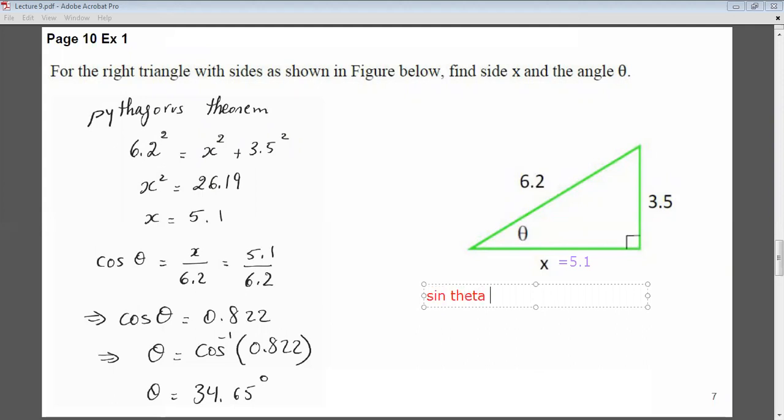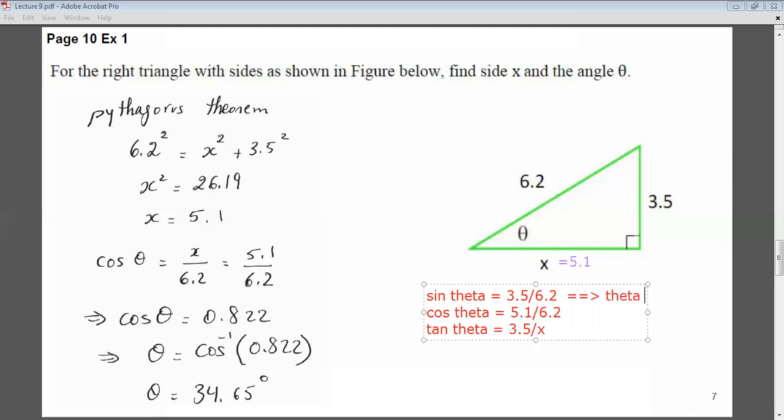Sine theta is equal to opposite, which is 3.5, over hypotenuse 6.2, or I can use cosine theta equal adjacent, which is 5.1 over 6.2, or I use tan theta equal opposite over adjacent, so 3.5 over X. Okay, and in any case, let's say case 1 implies